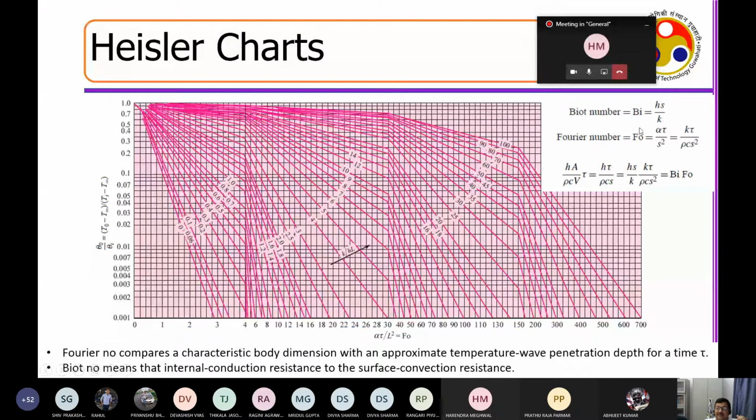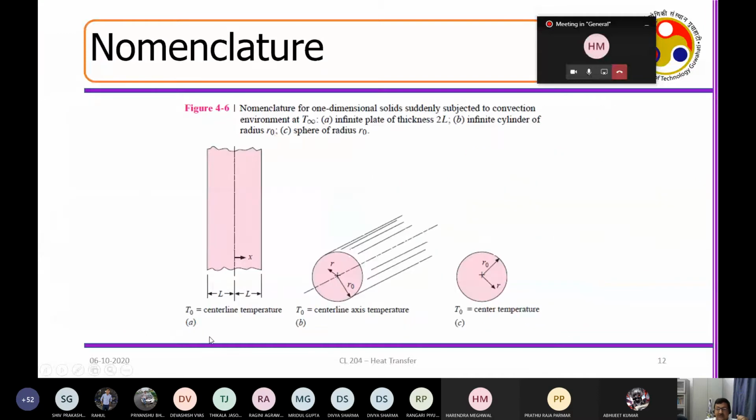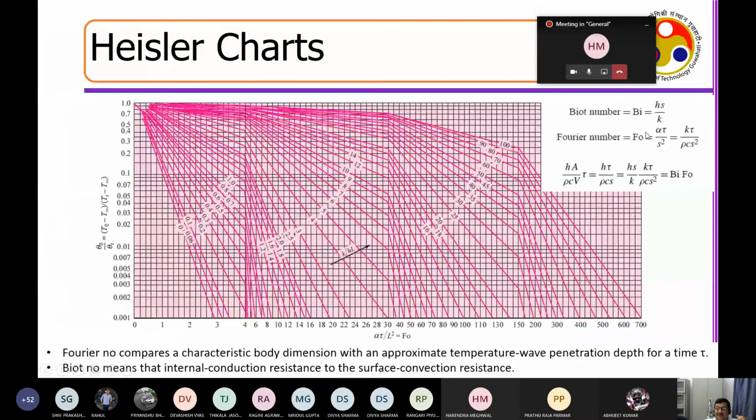Whereas we defined another parameter based on the time constant. Alpha is the thermal diffusivity, meter square per second. Tau is the time, so alpha tau divided by a square, where a is my V by A, the characteristic length, and the square of that. That's the way we were plotting here, right? In all these, we were plotting with respect to this. So now you formalize this in terms of a dimensionless number, which is called the Fourier number, where this is the